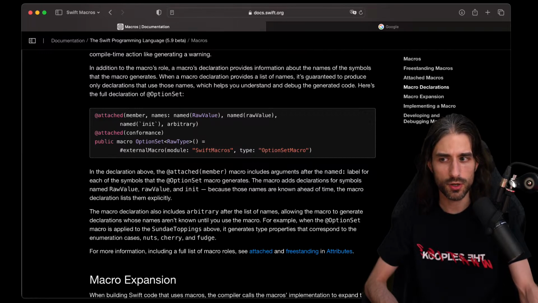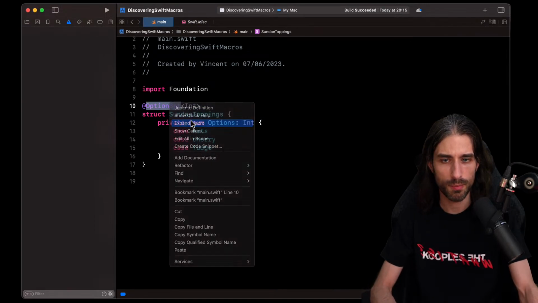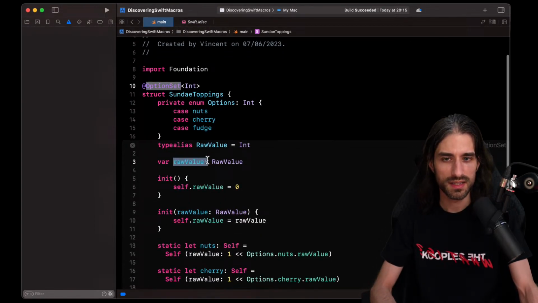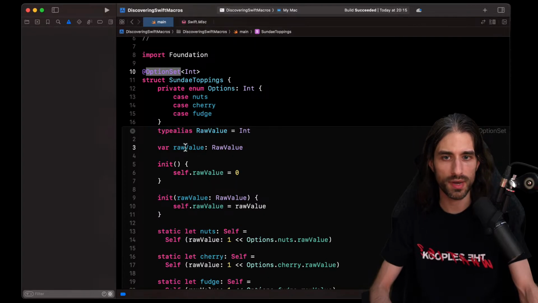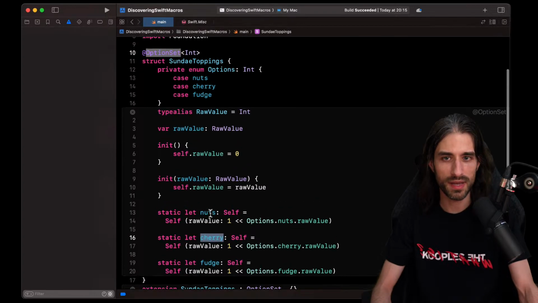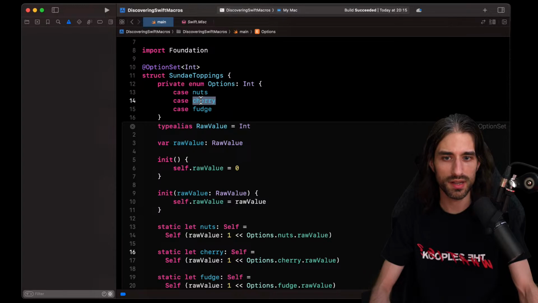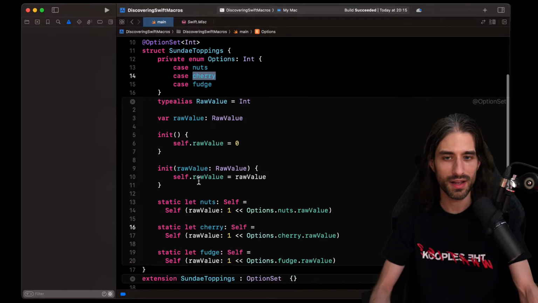Okay, so if I go back to Xcode, and I go back to the expanded macro, indeed, these things are static in the sense that they are known when you compile the macro. So the macro can proactively declare them. So this symbol here, and this symbol there. However, these ones depend on the content of the code that you are applying the macro to, and so it's impossible to predict them in advance.